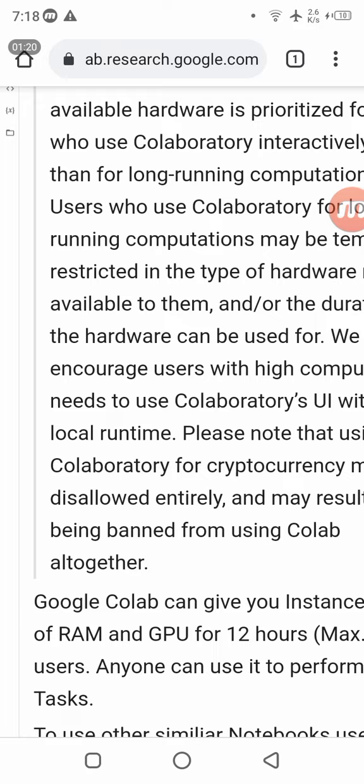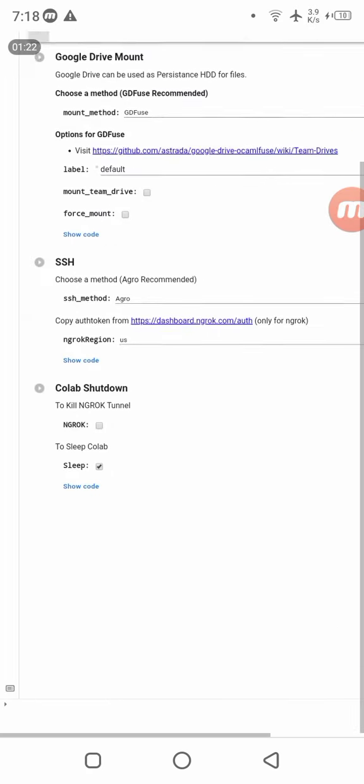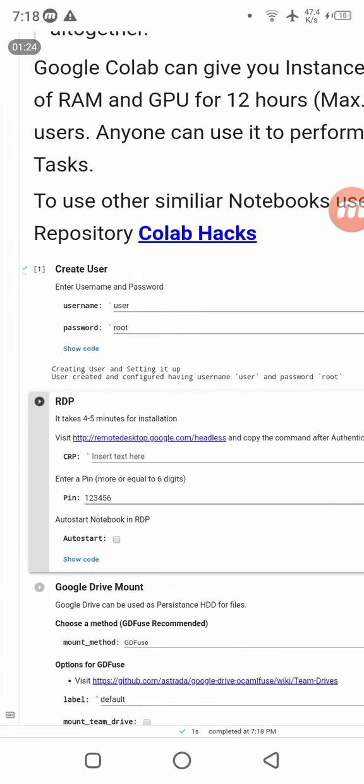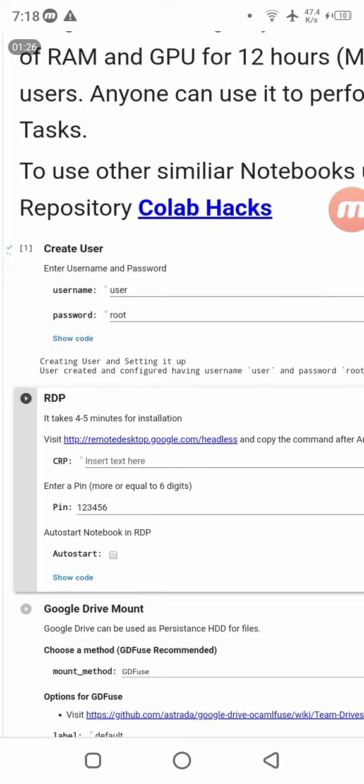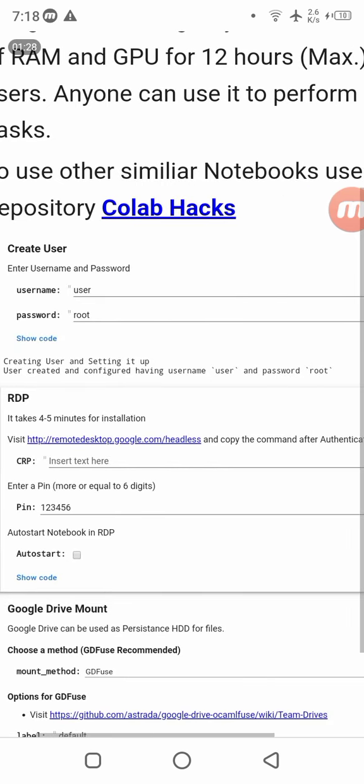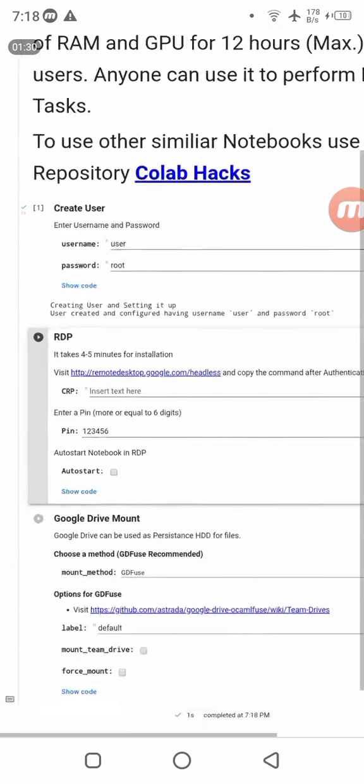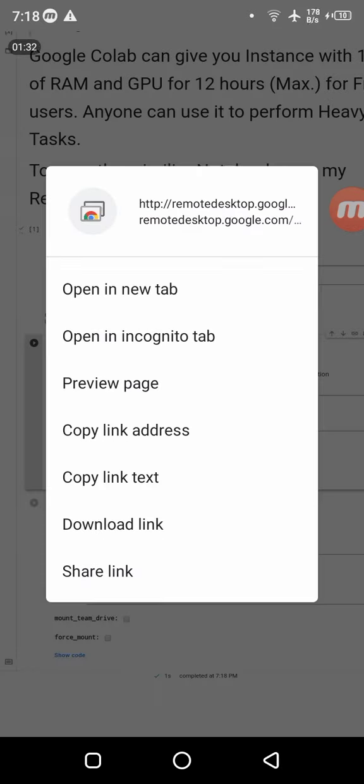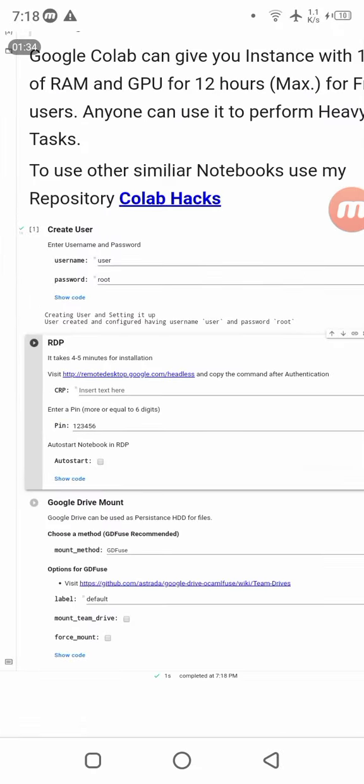Here you can see it is almost done, so I will show you. It is completed now. Look, user created and configured having username user and password root. Now go to this link and open a new tab